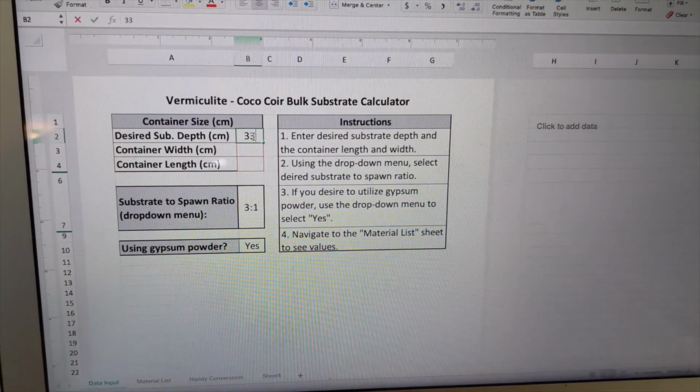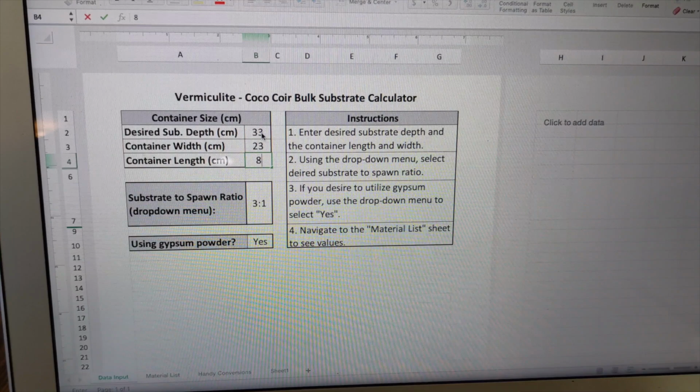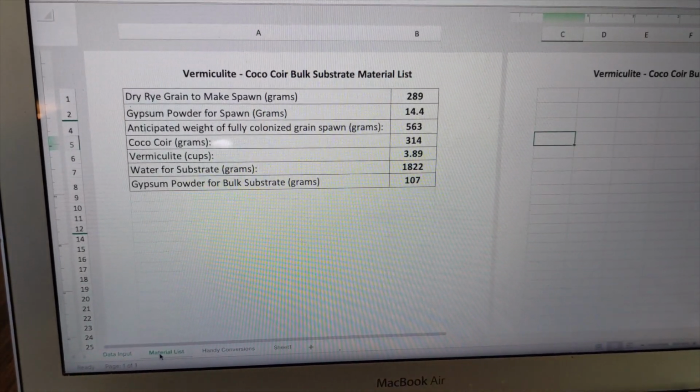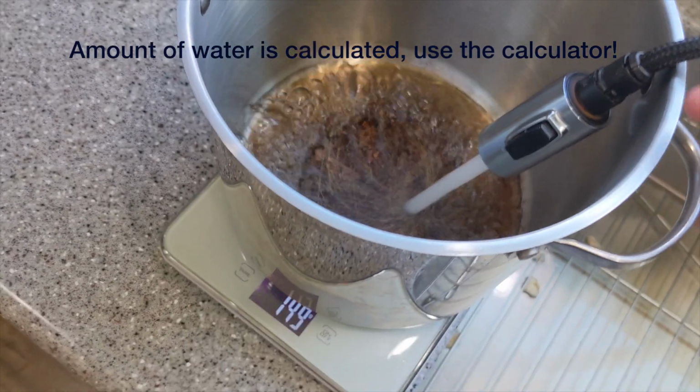Okay, so navigate over to the calculator, which you can find on the Facebook site, and punch in your numbers. So I have 33 by 23 by 8 centimeters. Click down into the next sheet, which is your materials list, and that's going to have the exact measurements for our ingredients. Head over to the sink, fill up a pot with some water,